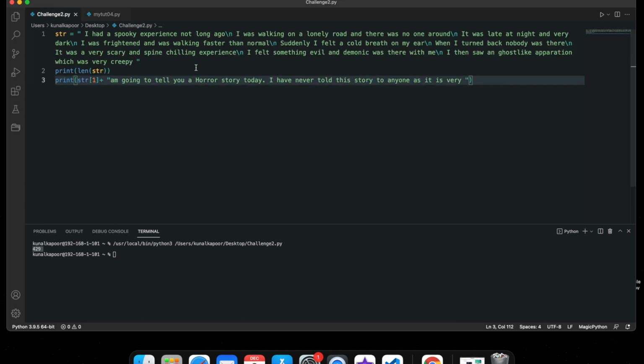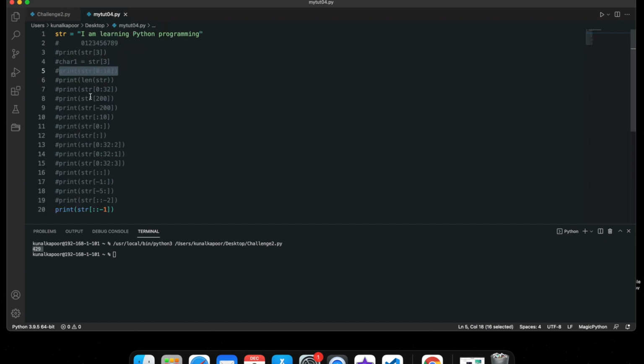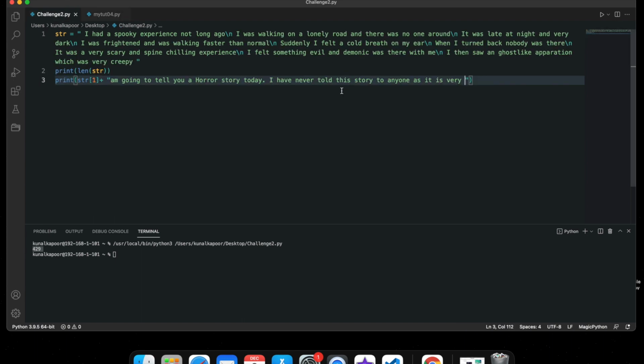We slice it. Okay, so let me just copy it. I'm lazy, guys. And what I'm doing here with the plus is concatenation of the string.